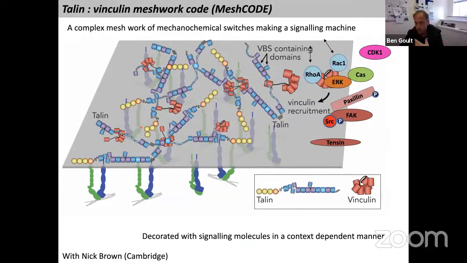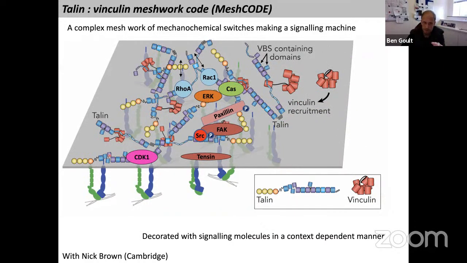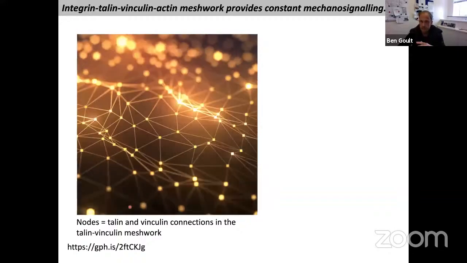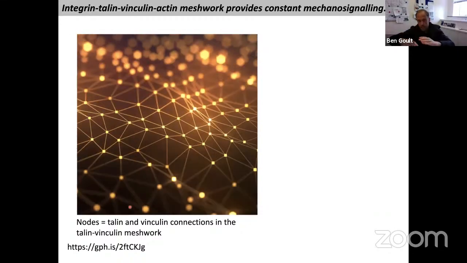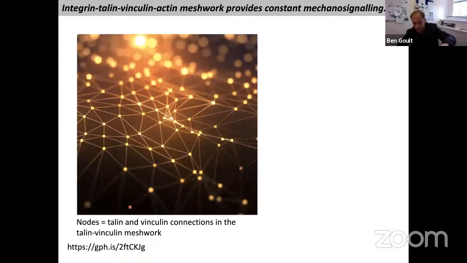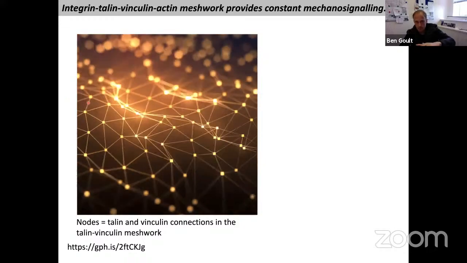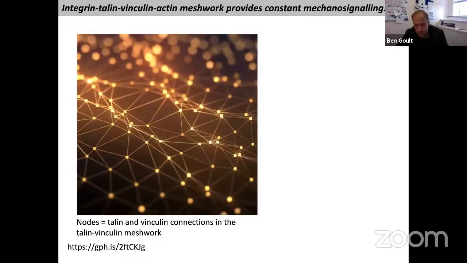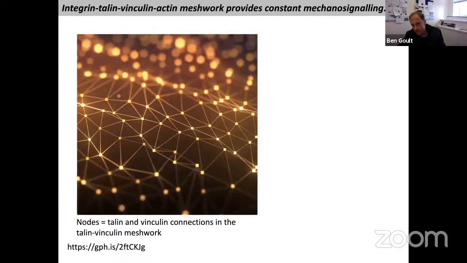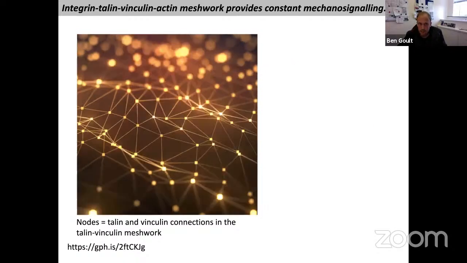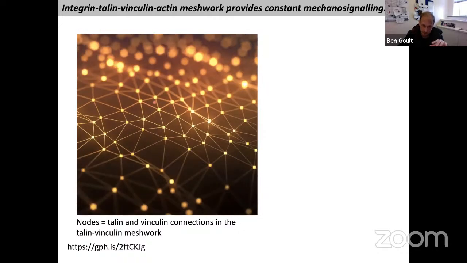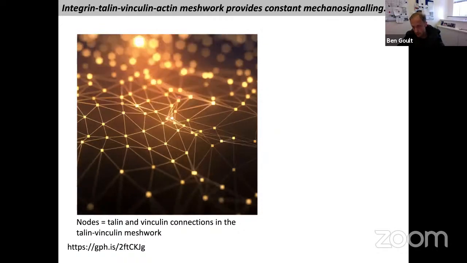And then all of these signaling molecules will be recruited in different doses depending on the exposure and the availability of the different binding sites. So you're constantly forming this signaling complex. And what you could start to imagine is that on the bottom of our cell or around the edge of the synapse, but in the context of an endothelial cell, along the bottom of the cell, you've got this constant meshwork, which is constantly feeling its environment and instructing the cells how to behave. And this is just a GIF, and it's not showing, but you could start to imagine that each of those talin vinculins is a node in a signaling complex.